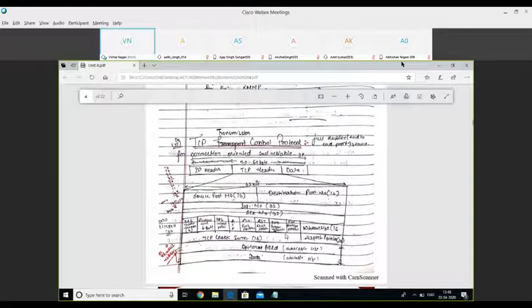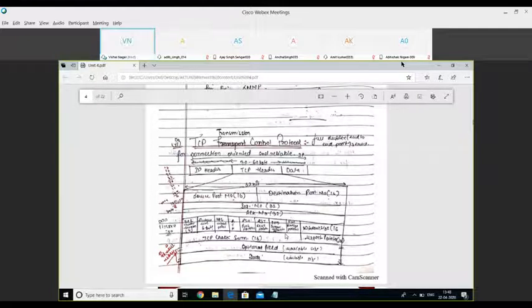And the next field of your TCP datagram is for future uses. So this 6-bit field is not yet used. It is reserved for the future development. Next is urgent pointer field, URG pointer field.